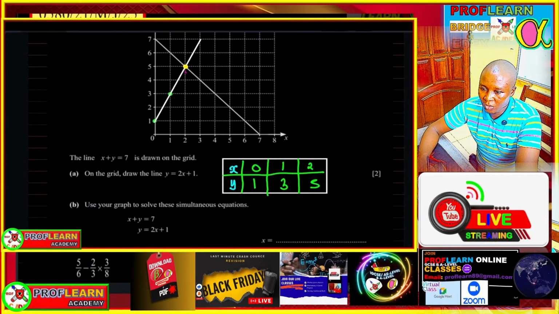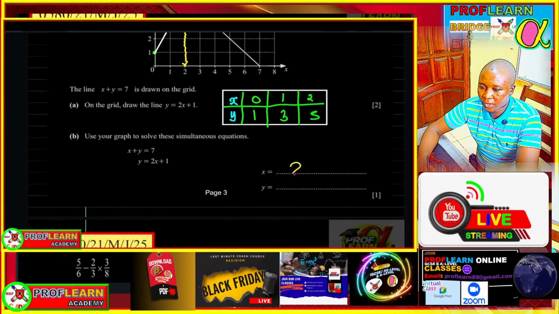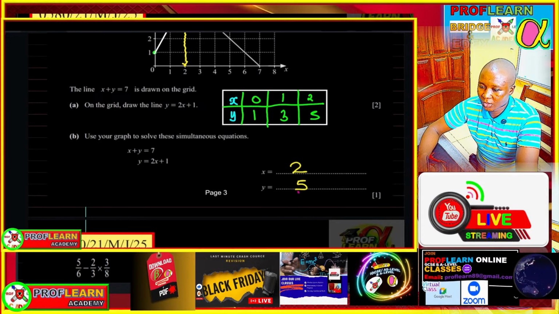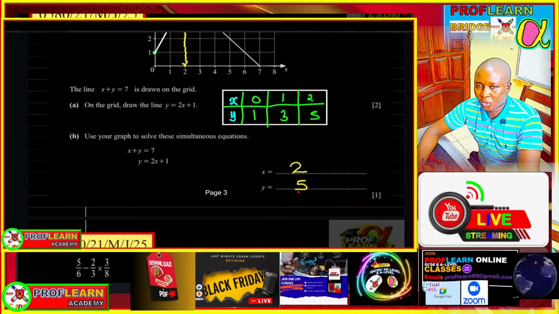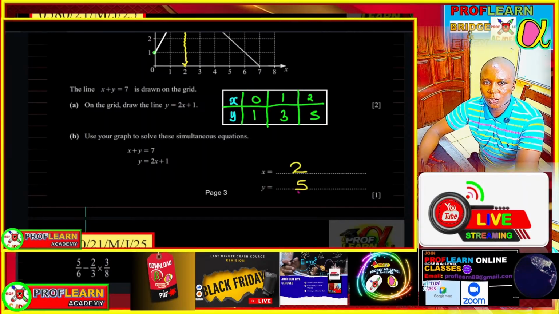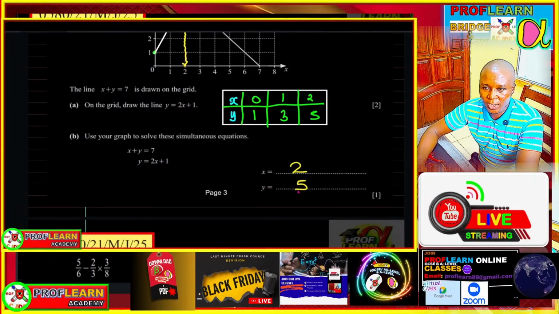So we can read the x value here, and then we can read the y value at that point, so that we can say x is 2 and y is 5. Yeah, so that's what you are supposed to do in a question like that. You can be given simultaneous equations to solve by elimination, by substitution, or by graphical method